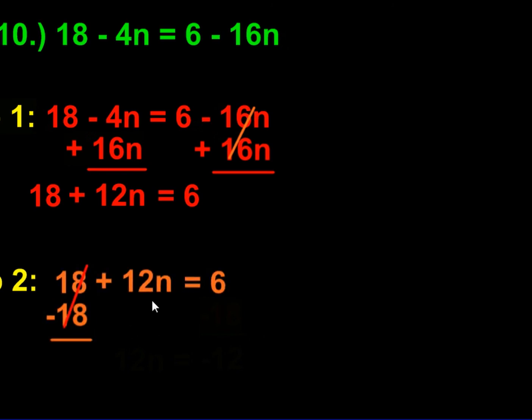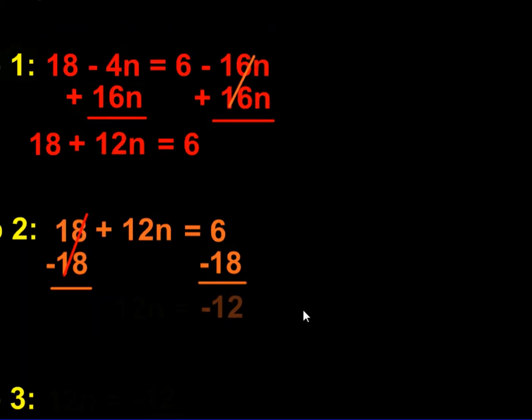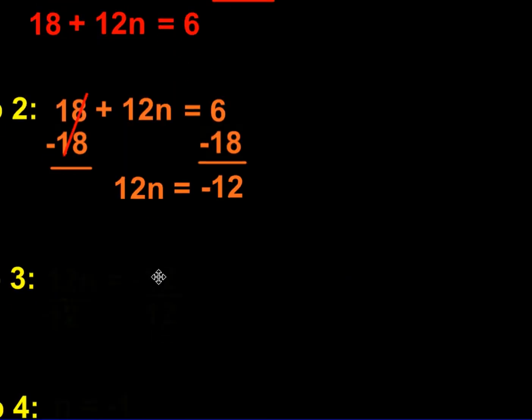And what we want to do here is get rid of the 18 by subtracting. And if we did it on one side, we have to do it to the other. And that's going to get us negative 12. The rest of my problem comes down. So we're left with 12n equals negative 12. And that's going to be